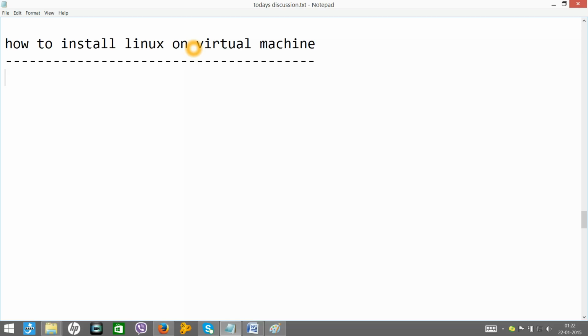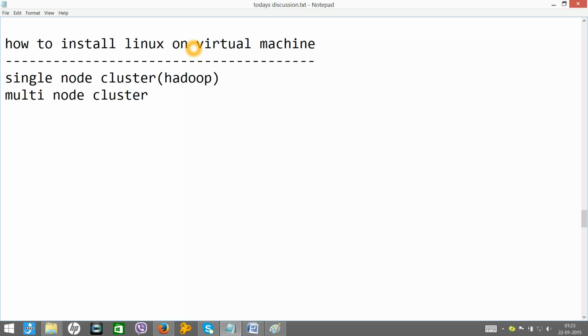Then we will set up our own single node cluster, installing Hadoop in that Linux box. Later we will also install it on a multi-node cluster. We will take 2-3 Linux boxes, install Hadoop on all of them, and finally create a cluster out of it.